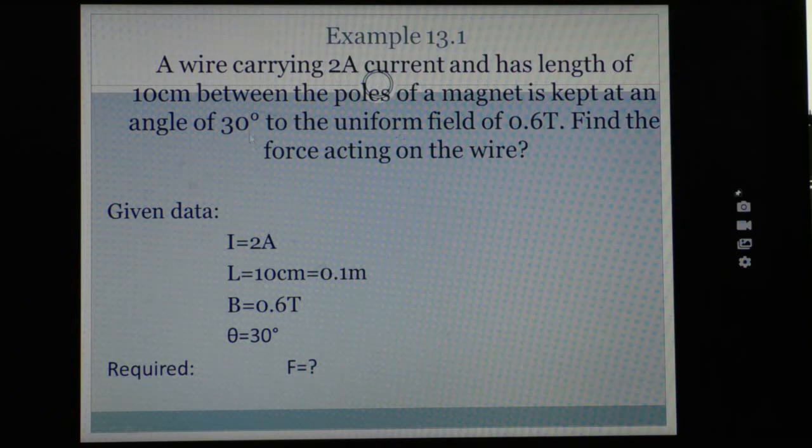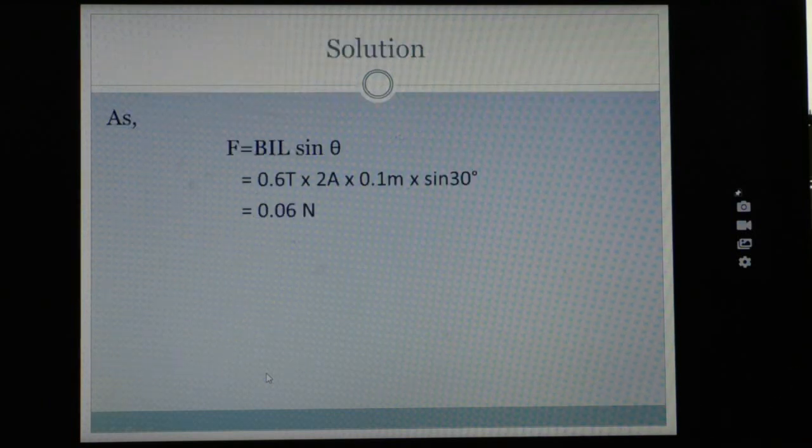And what is theta? At which angle it is placed in a magnetic field? Theta is equal to 30 degrees. And what is required? F. F we have to find. We come to the solution. The formula we are going to use here is F is equal to BIL sine of theta. Putting all the values in this equation, what we get, F is equal to 0.06